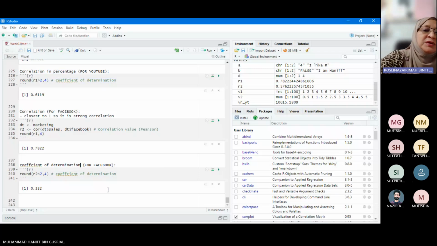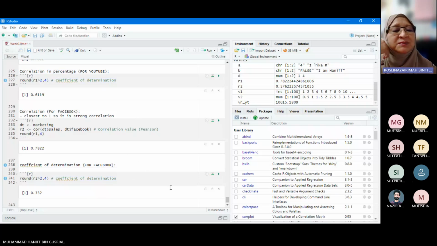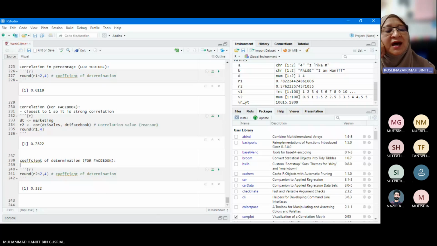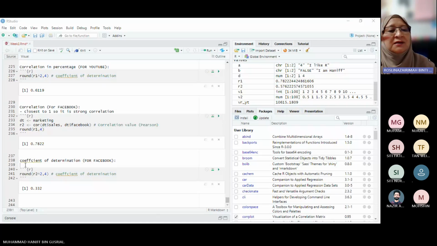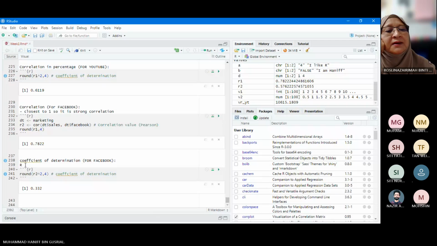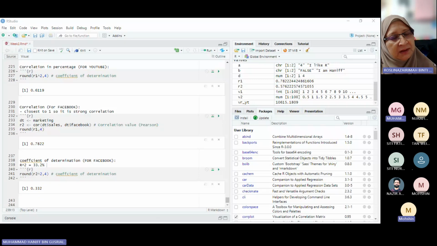You can write it on top. How do you interpret that? You got 0.332. Write it below. So you can write that R squared is equal to 0.332. Okay, so how do you interpret that? That means 33.3